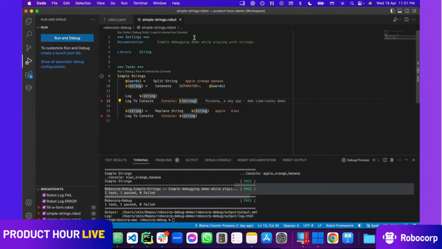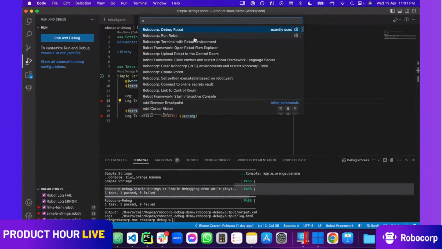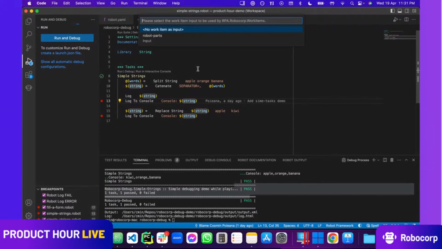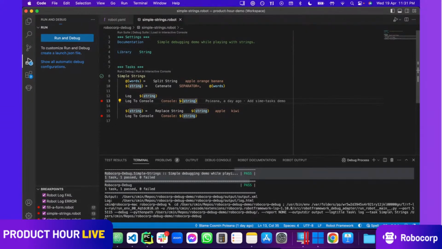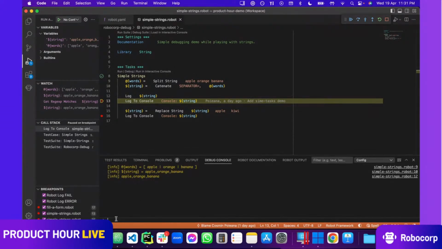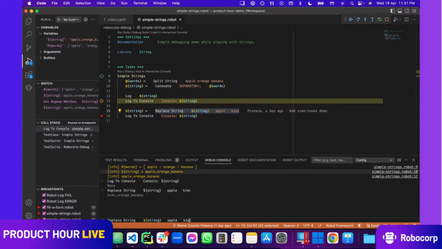Now, a more interesting thing about that, the most important thing actually, if I'm running the debugger again with this one, is the fact that you can also use an interactive console to test out Robot Framework code right in the console. If you go here to the debug console, you can literally copy and paste statements in Robot Framework, hit enter, and like this replace, for example, and you should see what's happening. And let's say if I'm putting something wrong here, it will error.